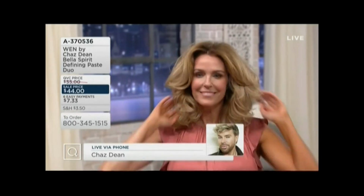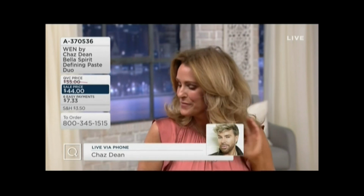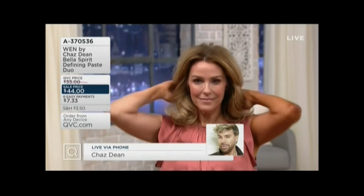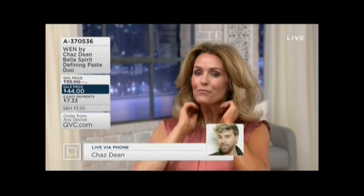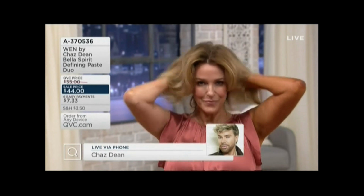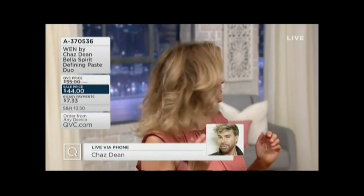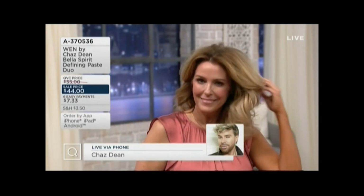With the men, it was a control paste, and this one I made it more pliable because I knew the women were obsessed with it. But you will use this every day, and you only need literally like a pea size, dime size at the most, and never put it in your hair when it's wet. Always make sure it's translucent, and just mold your hair to the shape you want it to be. It's really simple. We're actually going to go into a video, Chaz, and I want you to be able to speak